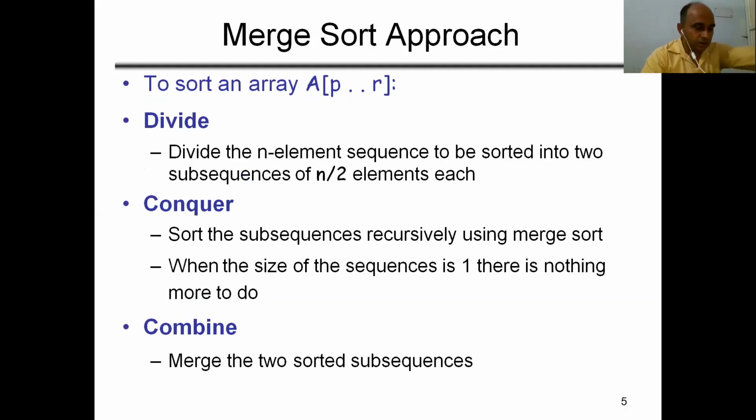Let's come to our sort, merge sort. When we talk about merge sort, the first step is divide. In the divide step, we divide the array elements into two sub arrays, each of size almost n by 2. Then each sub array of size n by 2 is divided into two sub arrays each of size n by 4, and so on. We divide the array elements logically till the size of the sub array becomes 1.